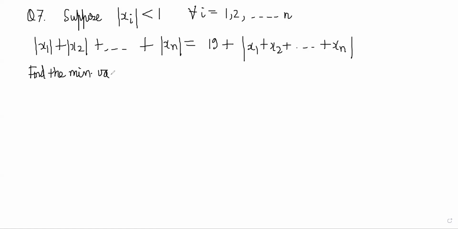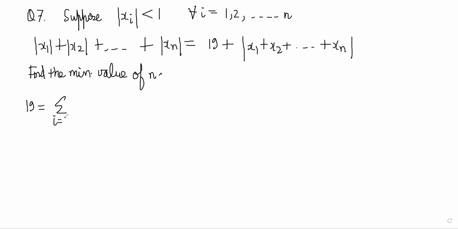Minimum value of n, so that this condition is true. We have some initial information and we have to find the minimum possible value of n. So first of all, we can write that 19 is equal to